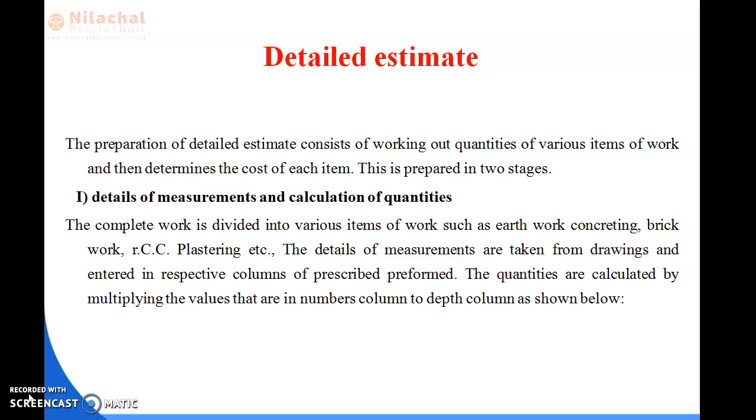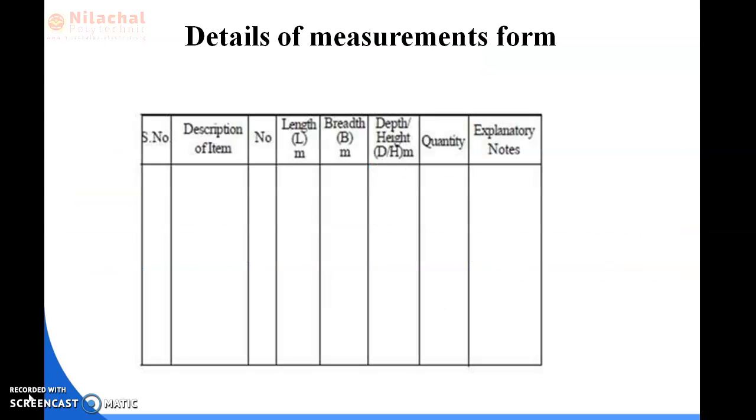Okay. The details of measurement are taken from drawings and entered in the respective columns of the prescribed proforma. The quantity is calculated by multiplying the values in the numbers column to the depth column, as shown below. Here is the detailed measurement form.